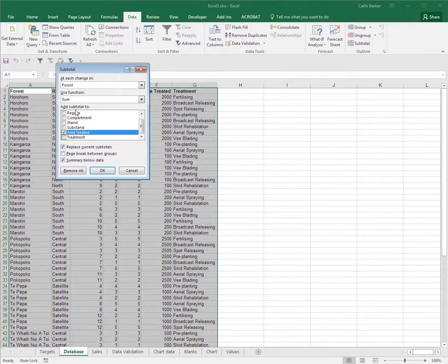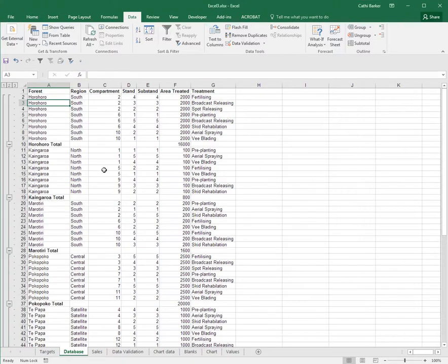And what this is going to do is at each change in forest, it will automatically sum the area treated. So I click OK. And that's exactly what it's done. I can see the sum of the area treated as each forest has changed. So there's one very glaring assumption here, that your list had to be sorted by forest first, and it was. So make sure that whatever you're grouping by, that list is first of all sorted by that column before you